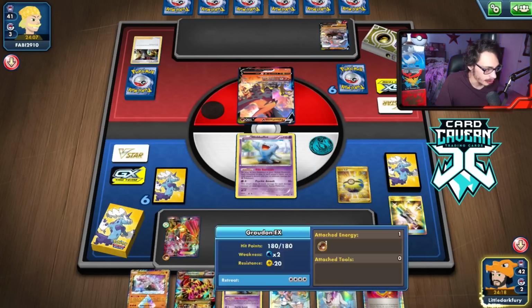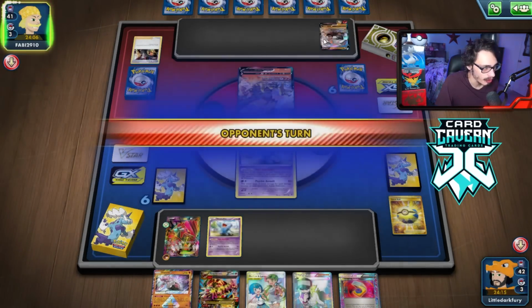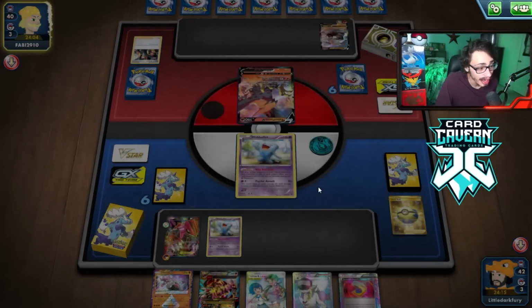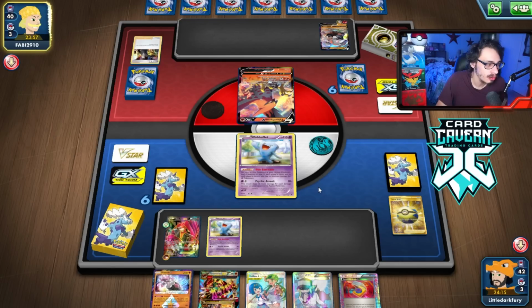If they might boss me here, if they actually have another boss, they can boss Groudon and then hit it with Rhyperior. And then I'm stuck in the active. So I think I have to save the Mallow and Lana. Preferably, I would like if they didn't have a boss. We'll see. Because then I can go...